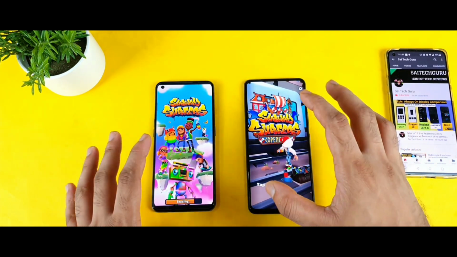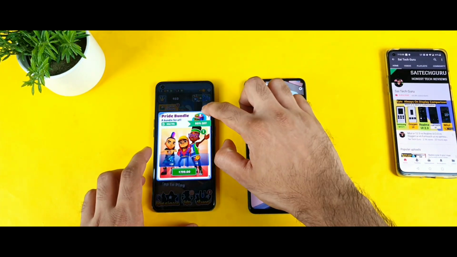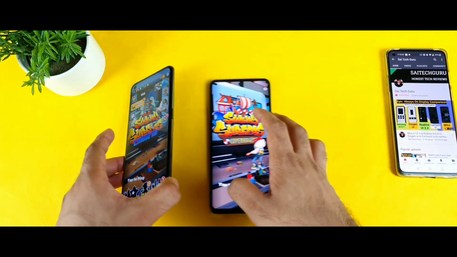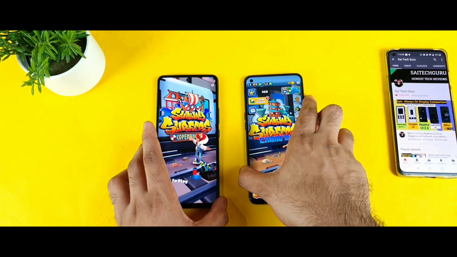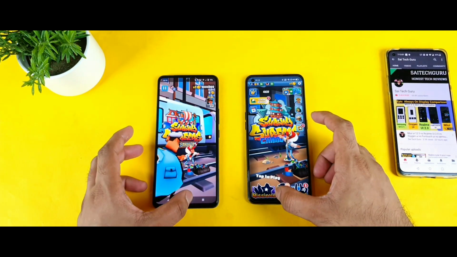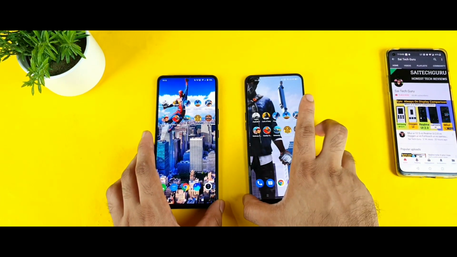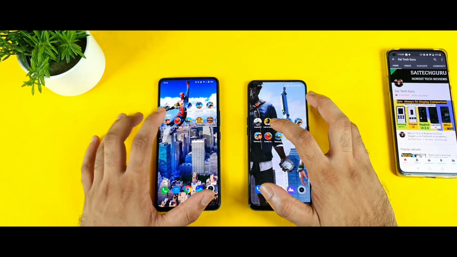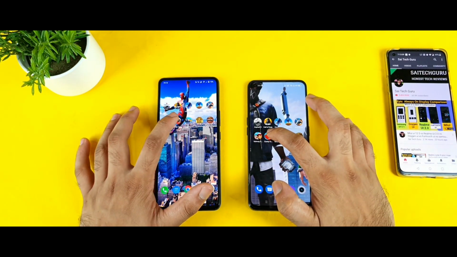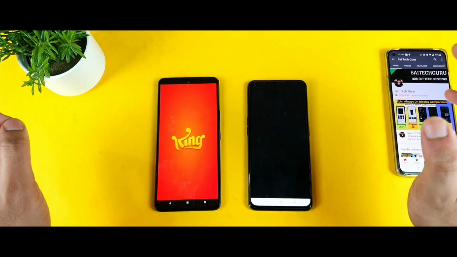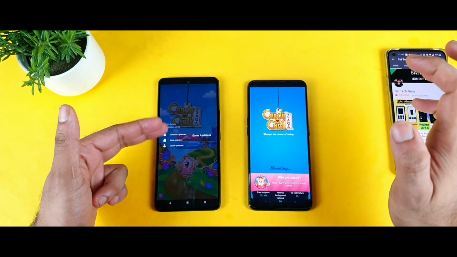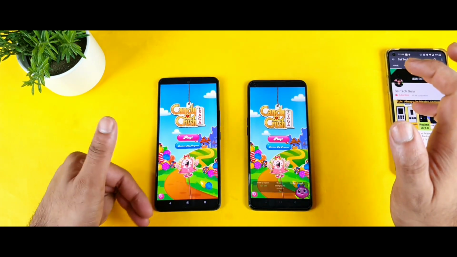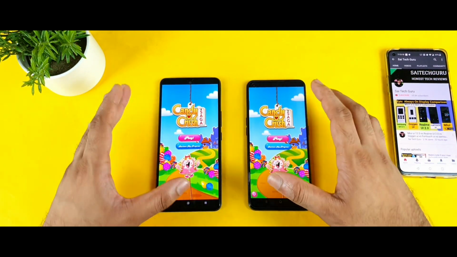So you may think I'm using the right hand, so I'm faster in this phone. That's not the case, friends. It's nothing like that. Let me try to change, because some people even comment under my videos that your right hand is really faster than the left hand. I'm not sure in what way, but let me quickly start the next game, which is Candy Crush. As you can see, Candy Crush first opened in this IQ7 device. Even the Candy Crush, as you can clearly see here.